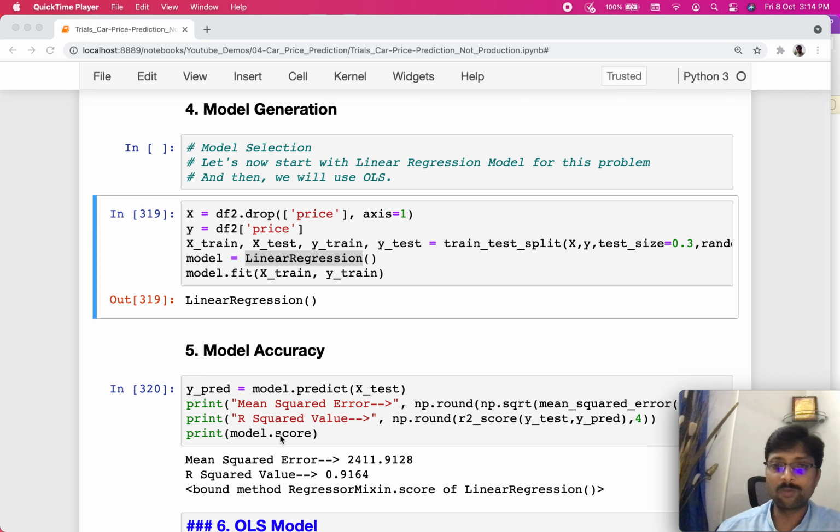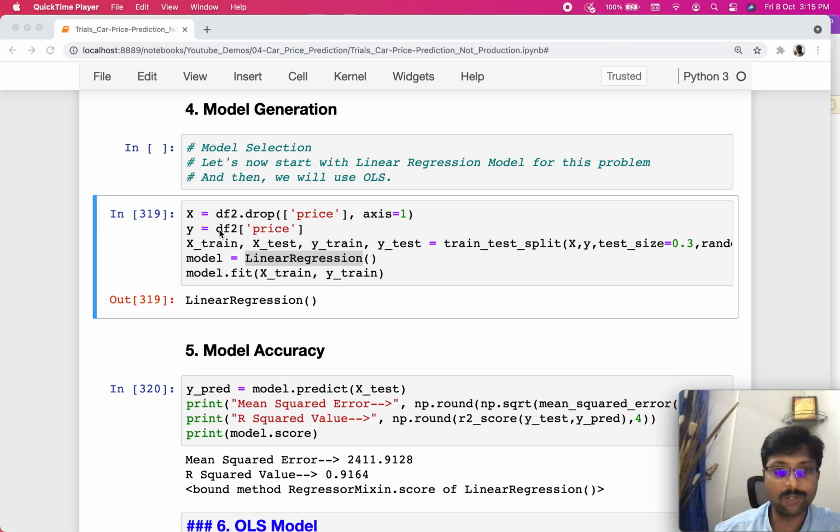Besides these two, there are some more models which are used to regularize the model when our model is not doing so well, or when our model is overfitted to the training data we have, and in the testing it is not doing so well. There are some models called lasso regression, lasso model, elastic net, and ridge regression. All these are other advanced models which we will also see in future videos. They are meant to generalize the model to perform better for both training and testing data. Right, so let's move on.